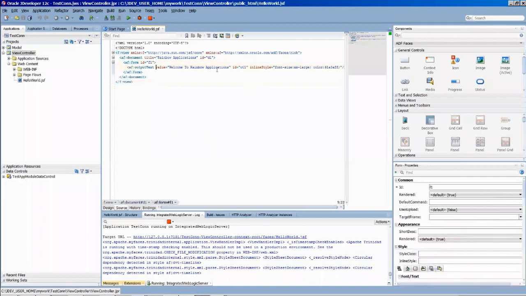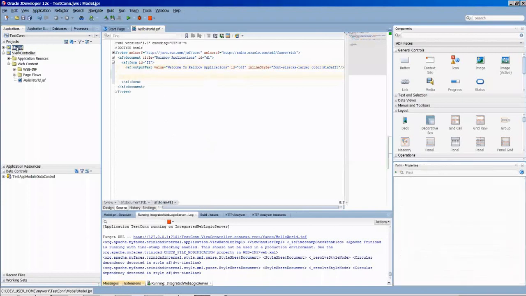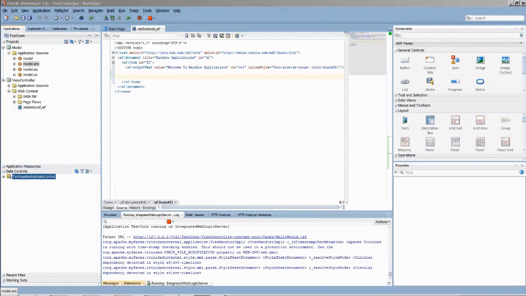So we have seen this. The next thing, whatever we have developed till now in our model, in our application module, we have entity objects and view objects, and they both are registered in the application module, and this application module has a data control. We have seen that, right? As per our ADF architecture, what we have seen,